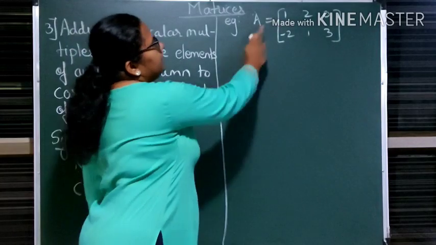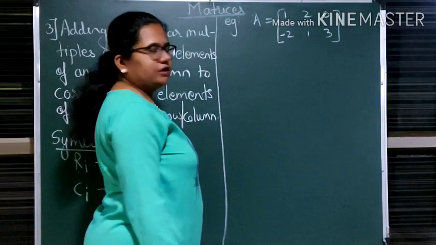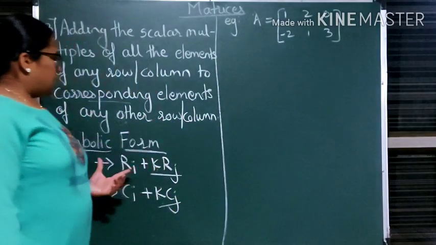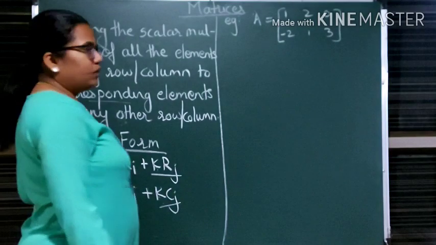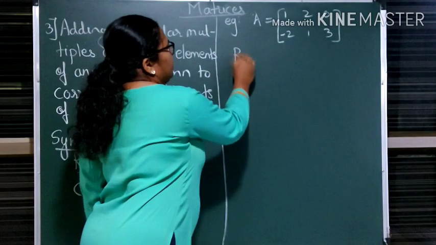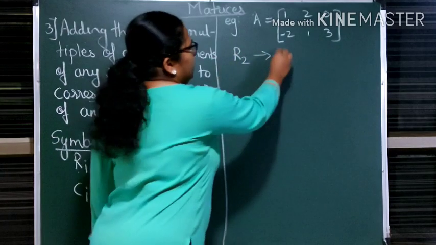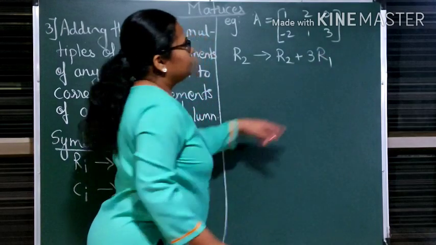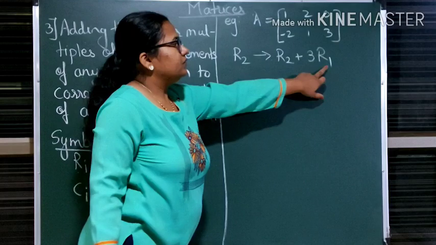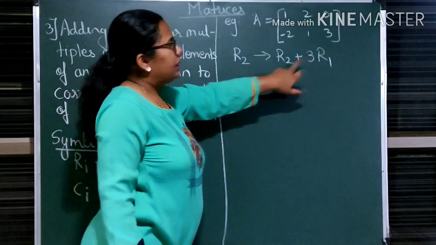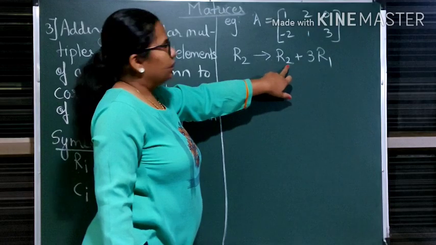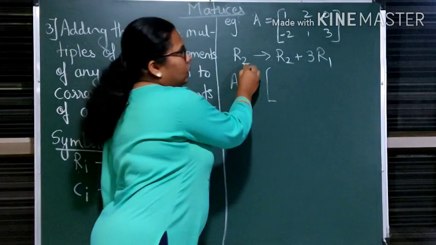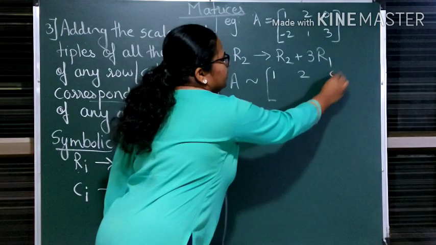So here we can see the matrix I have taken. First row consists of 1, 2, 0 and the second row consists of minus 2, 1, 3. Now suppose you want to apply an operation to the row. Suppose the second row we apply the operation. Now second row elements, what should they become? Second row plus 3 into R1. That is, you will do the scalar multiplication to the elements of the first row by 3 and then that value you will add to the elements of the second row. Okay. So what will be your equivalent matrix now? Which row is getting changed? The second row. First row remains as it is. So 1, 2, 0 as it is.